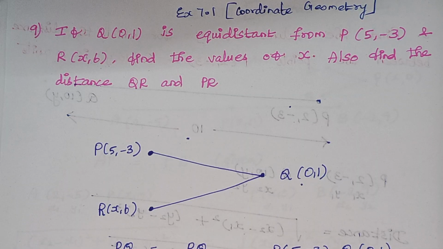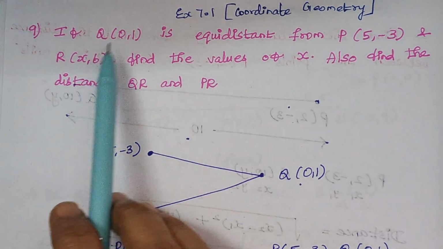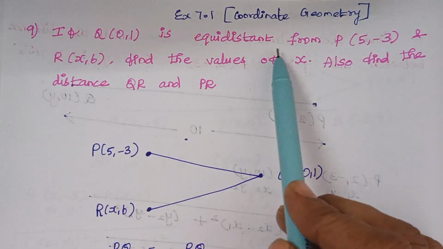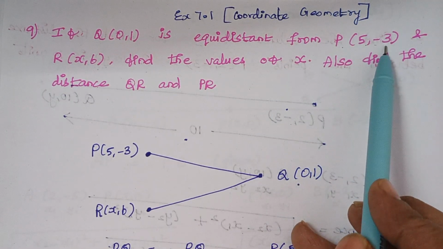Today we are going to solve problem 9 and 10 in exercise 7.1 in the chapter Coordinate Geometry. So problem number 9, if Q of (0, 1) is equidistant from P of (5, -3) and